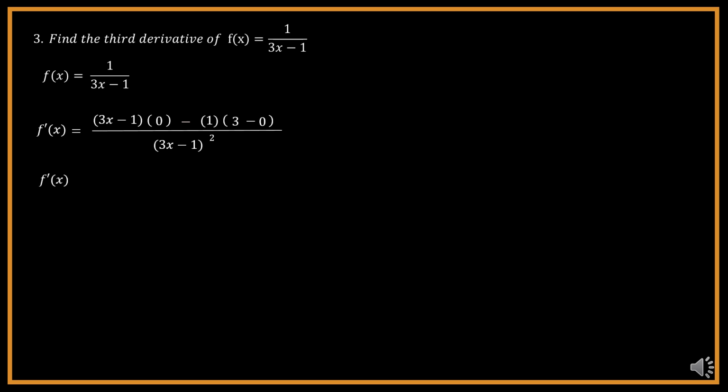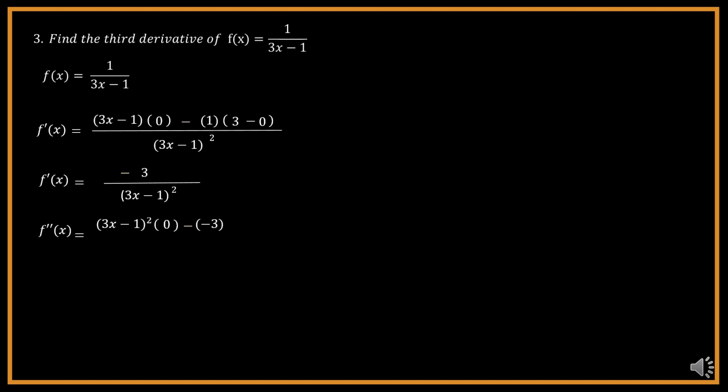f prime of x is equal to negative 3 all over (3x minus 1) raised to the second power. And this is the first derivative. To solve for the second derivative is to determine the derivative of this first derivative using the derivative of the quotient. For the second derivative, f double prime of x is equal to, just copy the denominator (3x minus 1) raised to the second power multiplied by the derivative of negative 3, which is a constant, is equal to 0,